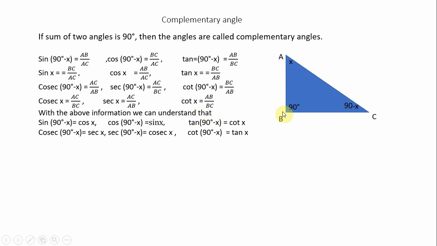Assume another line like this as your x-axis, and another line like this which is the y-axis, right? So here we have the origin. Origin means the coordinate points will be equal to (0, 0). It is equal to 90 degrees. Now, in a right-angled triangle, one angle is 90 degrees. The sum of the other two must be 90 degrees.